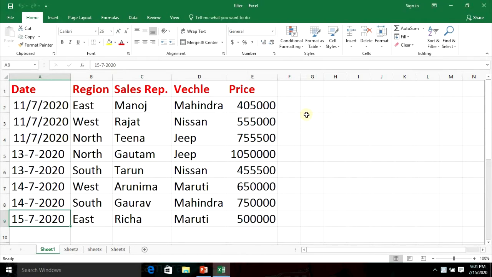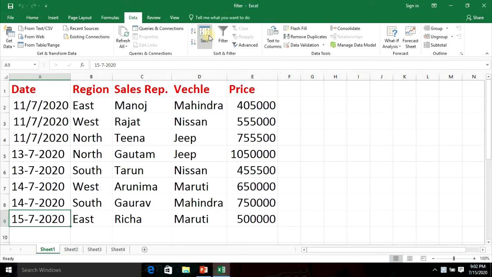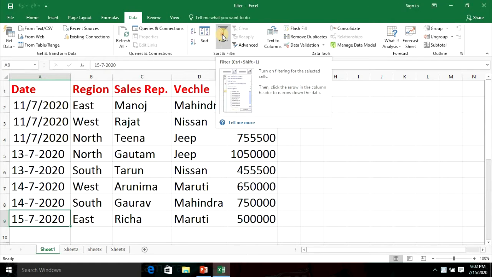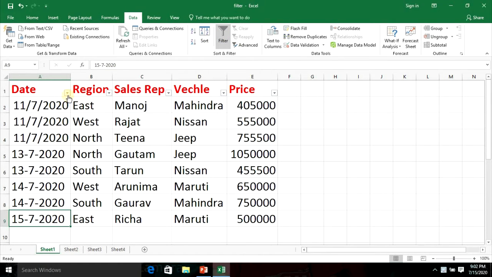Now if I want to filter the data, what will I do? I will go to Data and there is a sign of filter. I will click on it and there will be the drop down arrows with all the fields. Now on whichever field I want to do filter, I can do it. If I want to remove this filter, I have to again click on it and it will be removed.